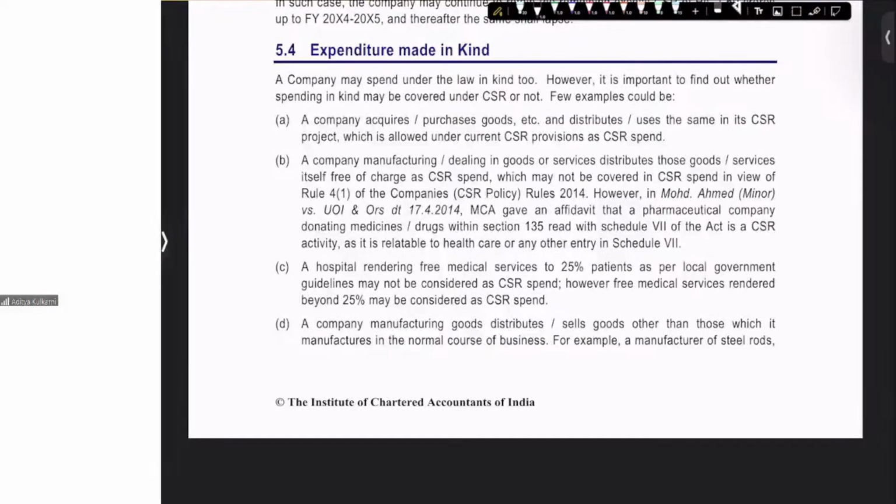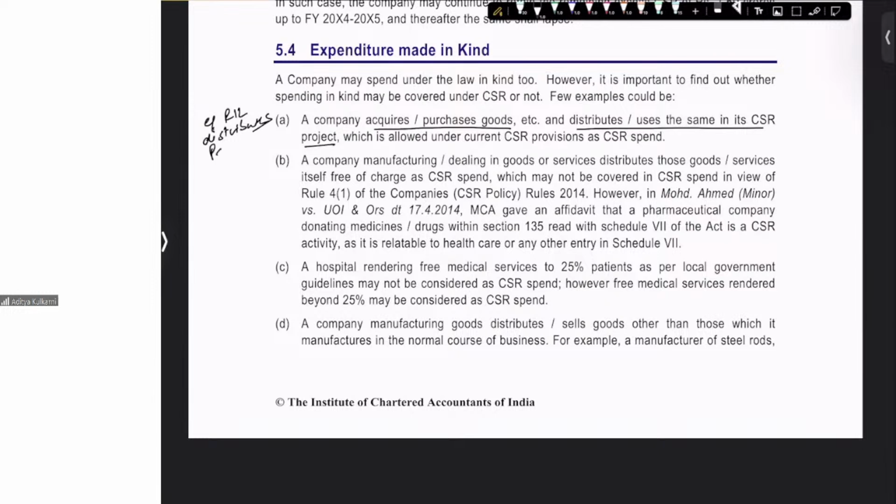If you decide to sell, if you decide to distribute as free samples, then is it going to be CSR? So a company acquires or purchases the goods and distributes or uses the same in the CSR project. Is it allowed as a CSR spend? Answer is yes. For example, Reliance Industries Limited